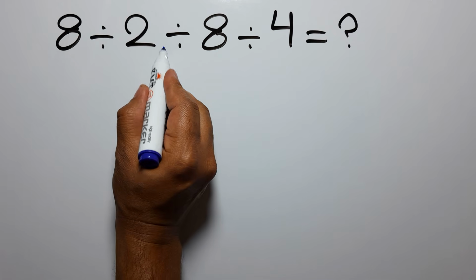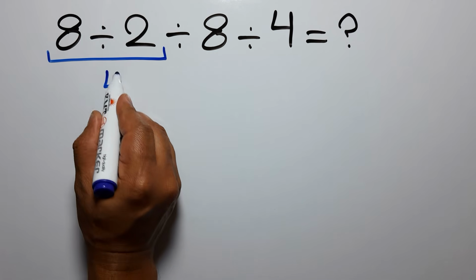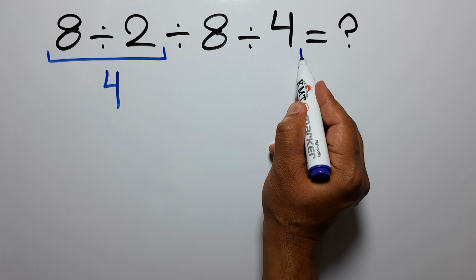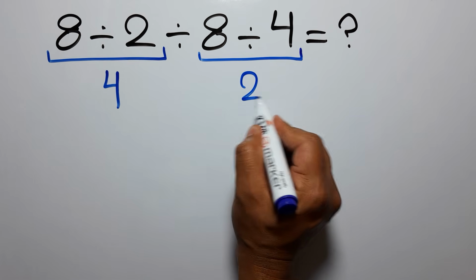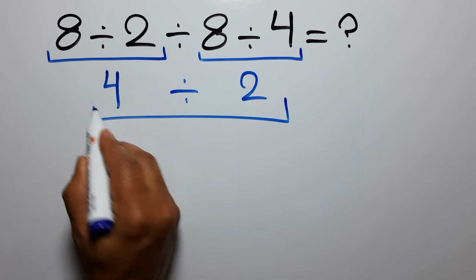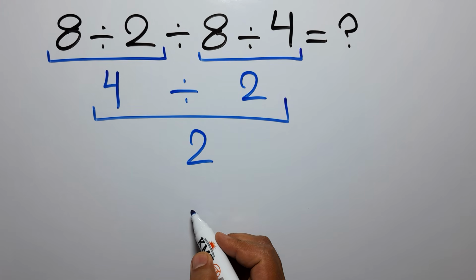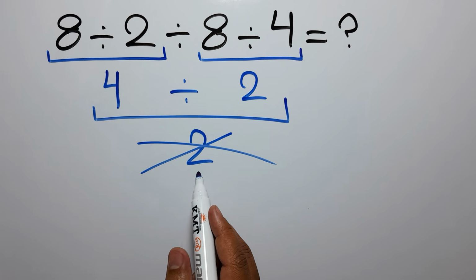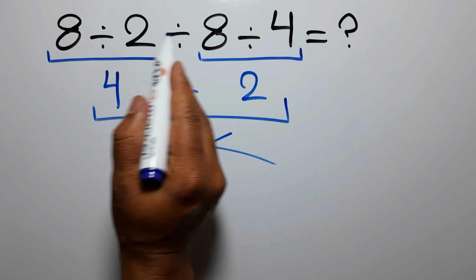8 divided by 2 gives us 4. And here we have 8 divided by 4, which equals 2. So 4 divided by 2 gives us 2. But this answer is not correct, because according to the order of operations, when we have more than one division